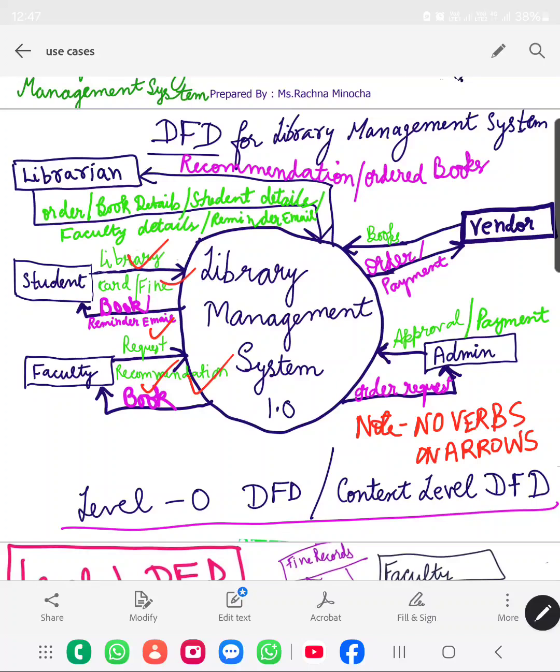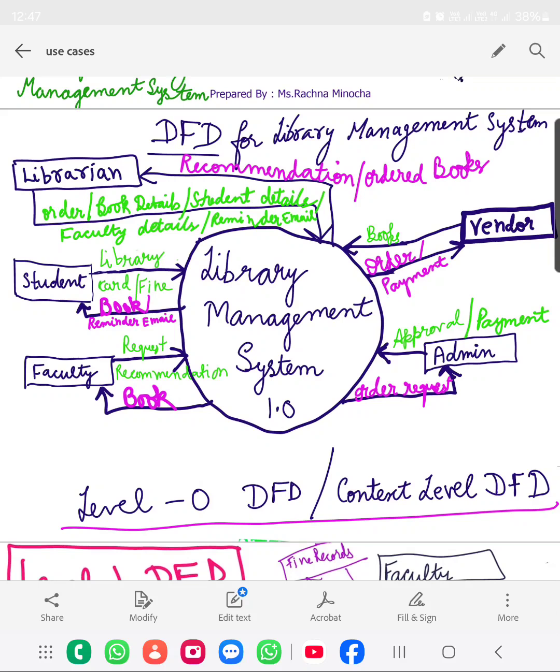All right, so these are the things which we will write down on the arrows. Now I'm talking about another rule which is very, very important. That rule is preservation of input and output. Whatever input is going into this system and whatever output is coming out of the system, when I extend this DFD to level 1, level 2, and so on, this rule of preservation must be followed, which means when I subdivide this process